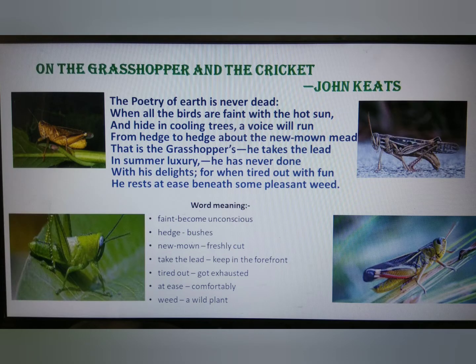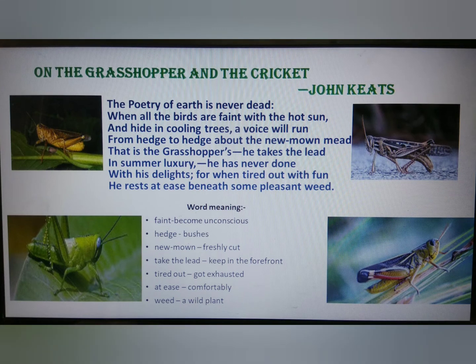The second poem of this chapter is On the Grasshopper and the Cricket by John Keats. The poetry goes like this. The poetry of the earth is never dead. When all the birds are faint with the hot sun, they hide in a cooling tree; a voice will run from hedge to hedge above the new-mown mead. This is a grasshopper, he takes the lead. In summer luxury he has never done with his delights, for when tired out with fun, he rests at ease